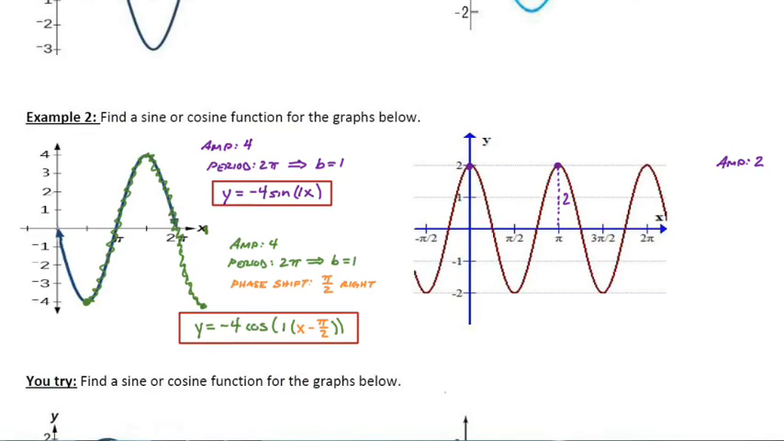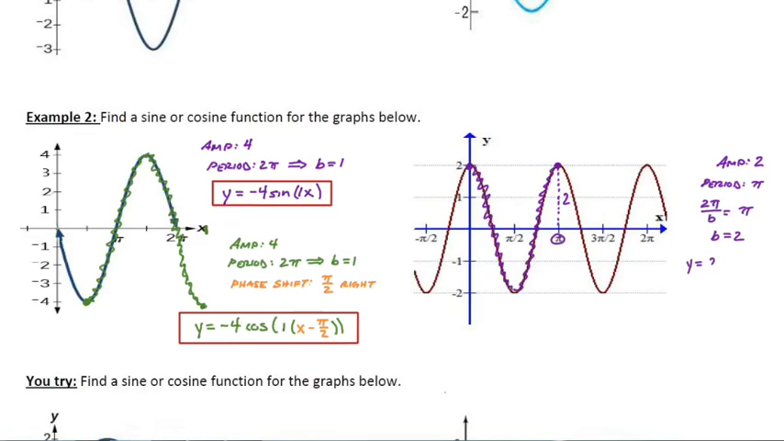So if I looked from this maximum on the y-axis to the maximum at pi, that's a period of pi. So the b value that gives me a period of pi is 2. So those two pieces of information are going to be the same regardless of whether I write a sine or cosine function for this. But if I'm looking from this maximum to maximum, this graph starting on the y-axis,